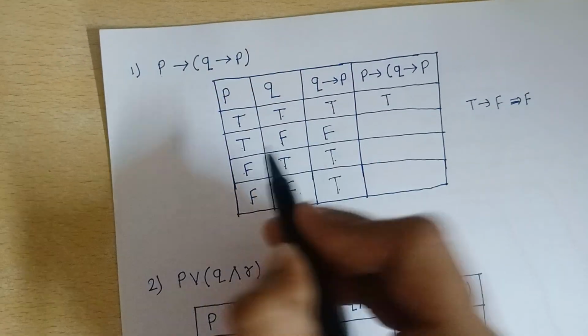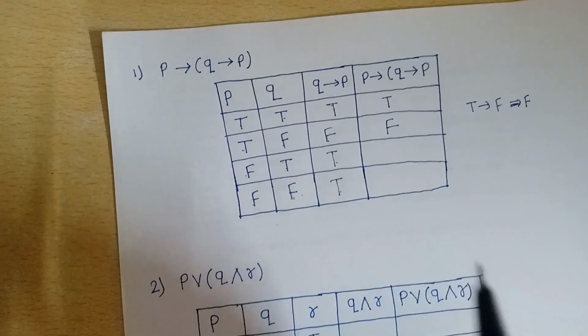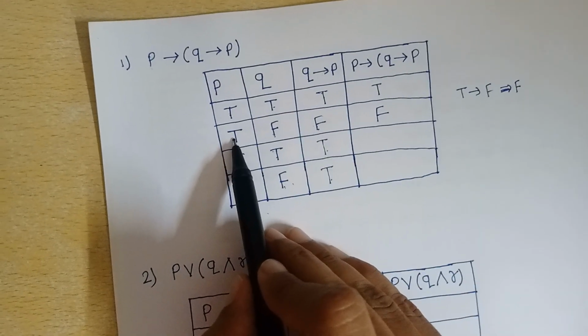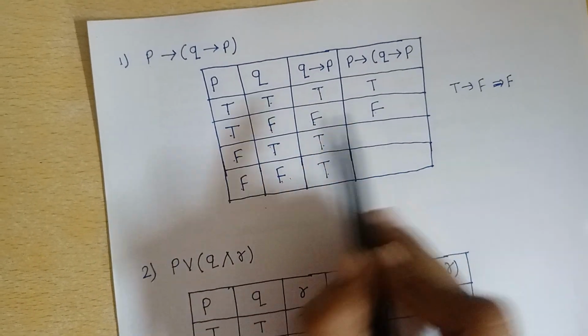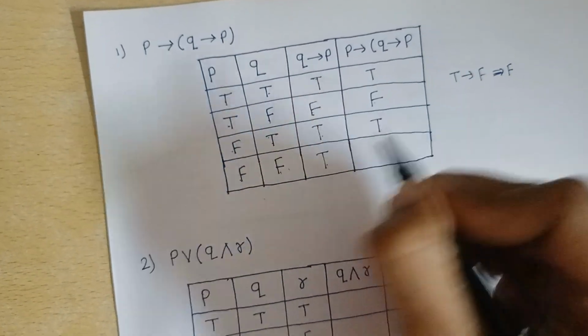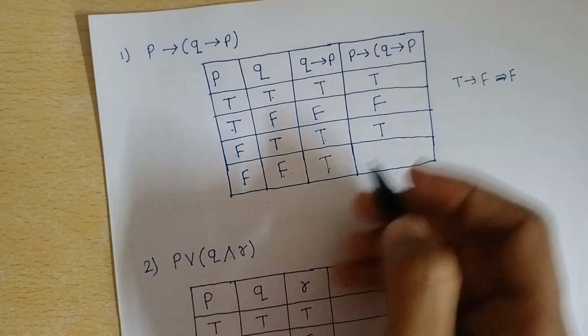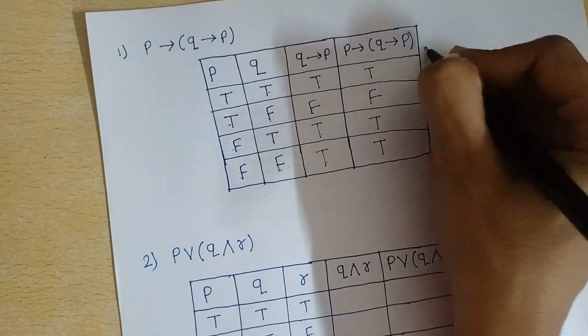Okay, and again we have to see P implication, Q implication P. True to true becomes true, true to false becomes false. Only one value is false: true implication false becomes false, otherwise false implication true becomes true, false implication true becomes true. Okay,